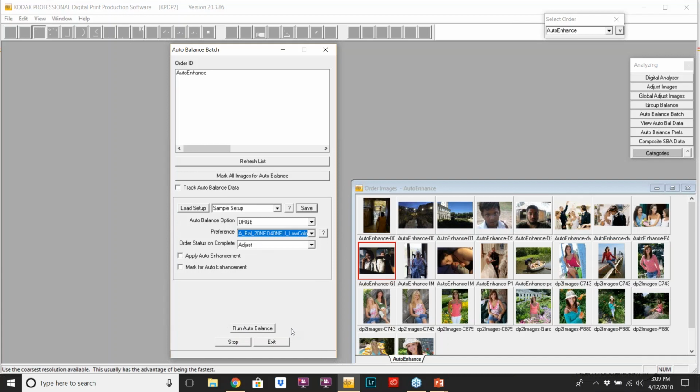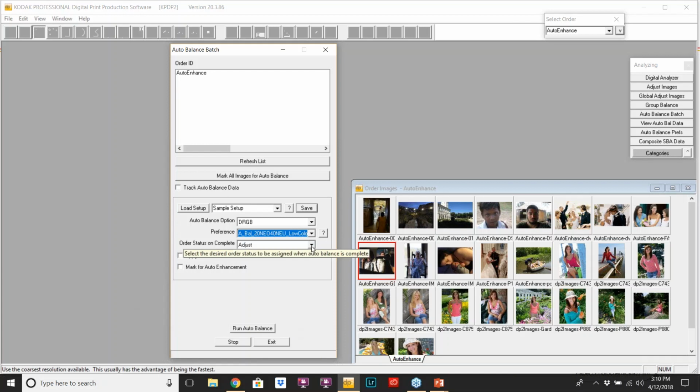That's the kind of thing in your lab, if you were automating this workflow, this type of image, right? That falls within the criteria. Set it up to auto balance, and you can do them here manually if you want, just run it as they go, or you can set it up to be running automatically so that any order that comes in that says auto balance will go ahead and be auto balanced, and then you can set the status